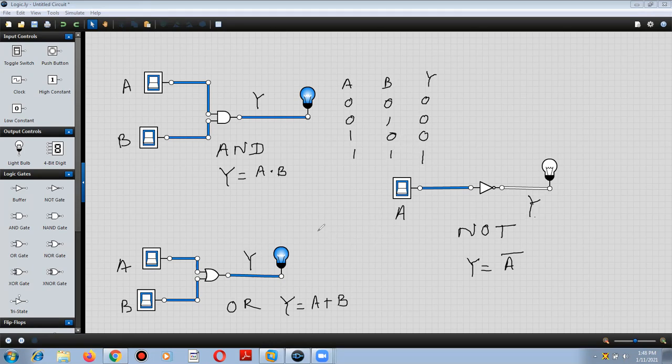Now for OR gate: 0 0, output is 0, 0 1, 1 0, 1 1. So summation is 0, summation 1, 1, and 1. And for NOT gate, when A is 0, output is 1, when A is 1, output is 0. This is how we have verified the truth table for the basic gates.